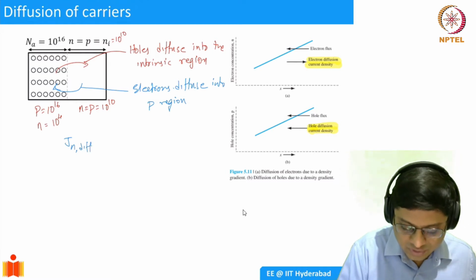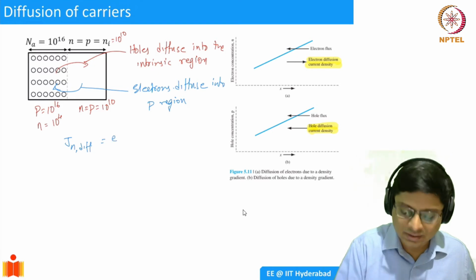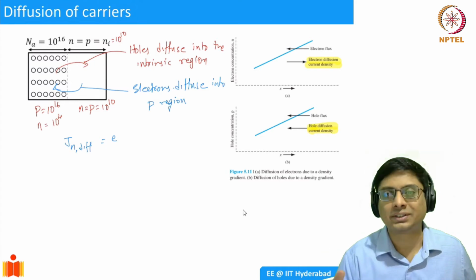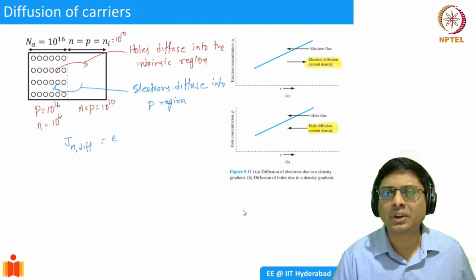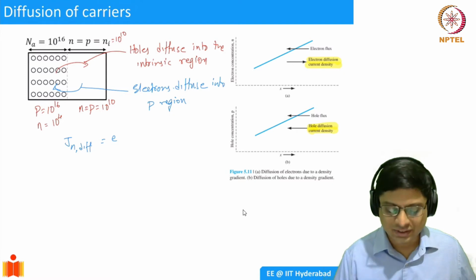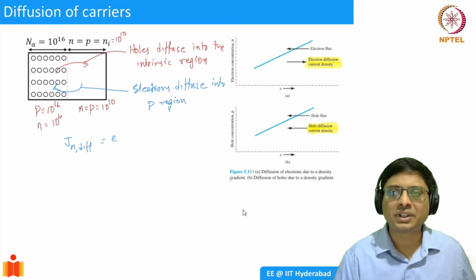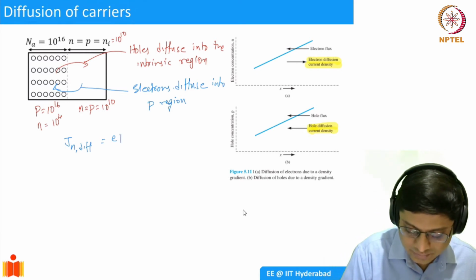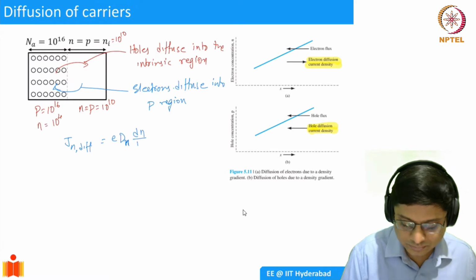So essentially this diffusion current is going to be proportional to, of course, the charge, and then there is going to be a concentration gradient, and then there will be a diffusion coefficient. Whenever you talk of the diffusion equation, you might have solved, or you will see it later, it is a second order differential equation in space, and the coefficient of that is going to be the diffusion coefficient, which is represented by Dn. Diffusion coefficient times dn by dx.